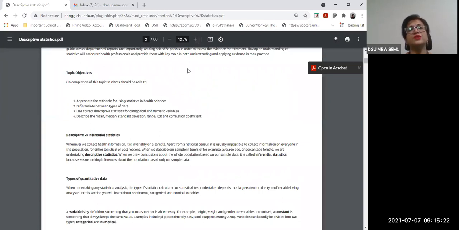The only thing is that you need to know how to input the data, and you need to know which technique of analysis to use and how to interpret the output. That is why, for your purpose, I'm exposing you to this software. I'm also giving additional learning resources so that you can refer to them as you go, and you will also be getting case studies on discriminant analysis, the portions in your syllabus.